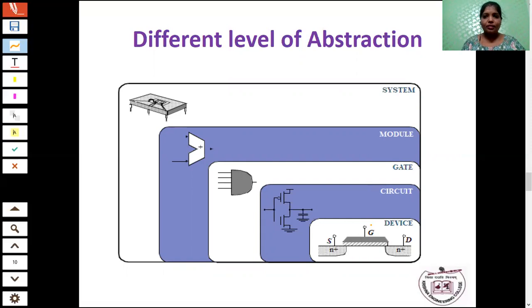Okay, in order to fabricate an IC, the IC designer needs some layout diagrams. Okay. So that is a device. From the circuit diagrams, we are going to draw the layout, then we will get the corresponding device. Okay, these are the different levels of abstraction. That means if we want to implement some design, we are going to follow different levels of abstraction in order to design an IC.